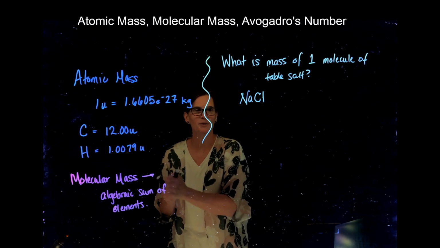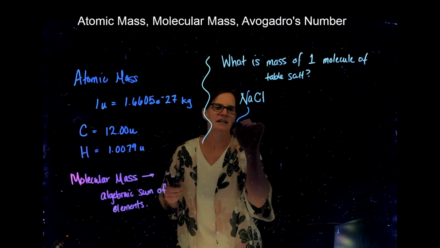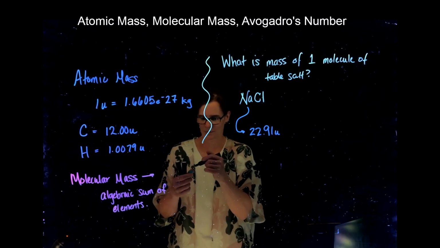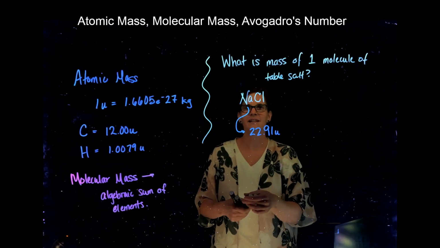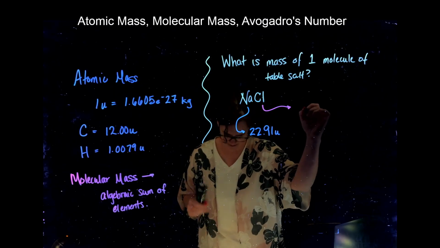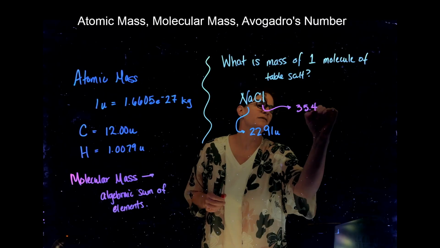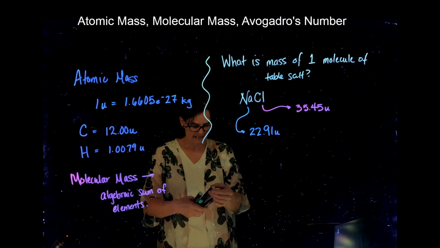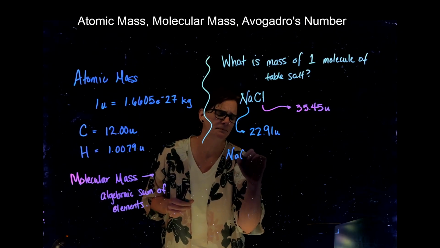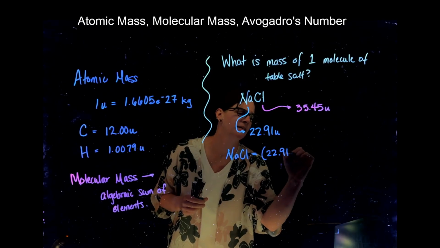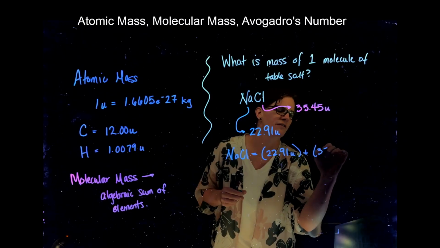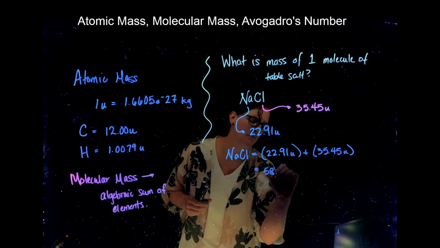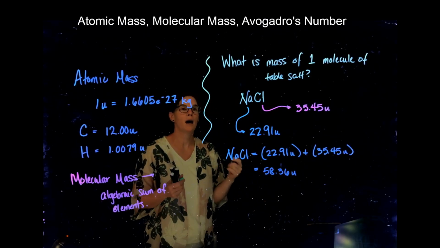Well, if we look up sodium on the periodic table, we find that sodium has an atomic mass of 22.91 U. And we find that chlorine has an atomic mass of 35.45 U. So for a sodium chloride molecule, we are just going to add these two up: 22.91 U plus 35.45 U, and that gives us 58.36 U as the atomic mass of